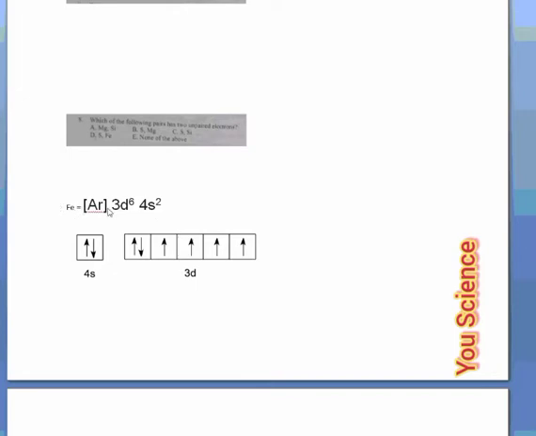The argon here is the electronic configuration of argon, meaning that all of this has 18 electrons in it. So we have 18 plus 6 in the d orbital. So you know that argon has its electrons filled in the p orbital. So this ends in the p orbital, 18 electrons plus 6 electrons in the 3d orbital and 2 electrons in